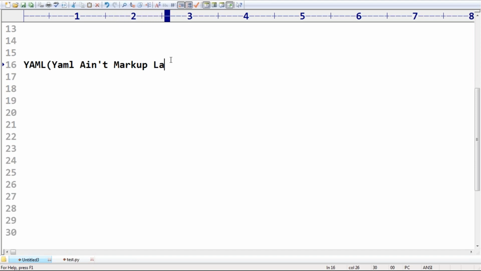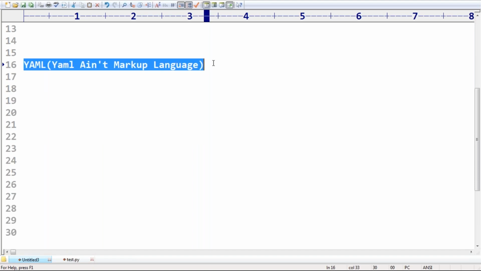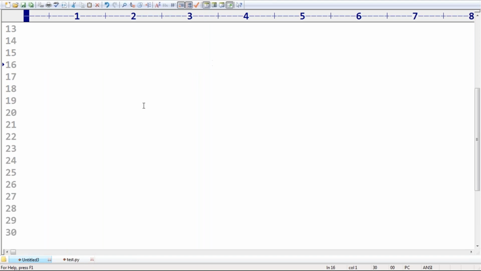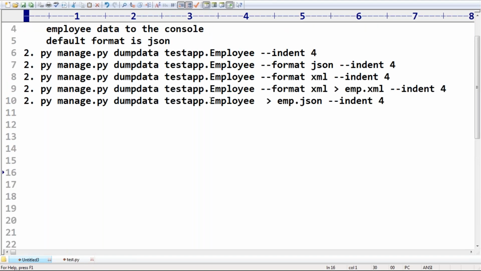It's also supported, but today the command is not working properly. It is also a markup language, just like XML and JSON. It is a human-readable data serialization language, supported by multiple languages, and maybe used in cloud platforms. But as of now we are familiar with JSON and XML.